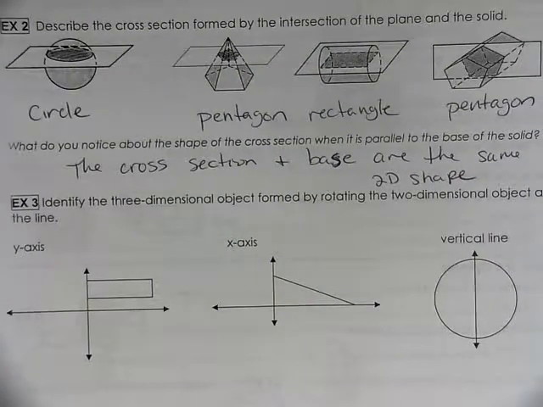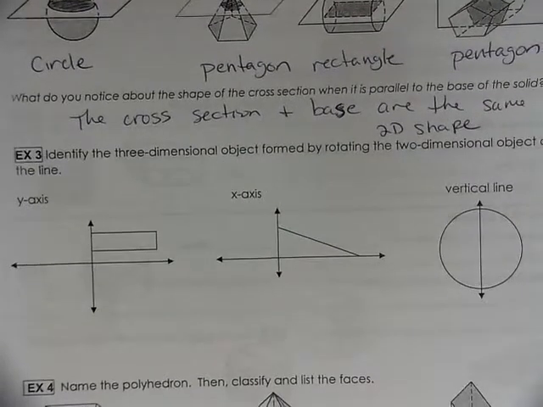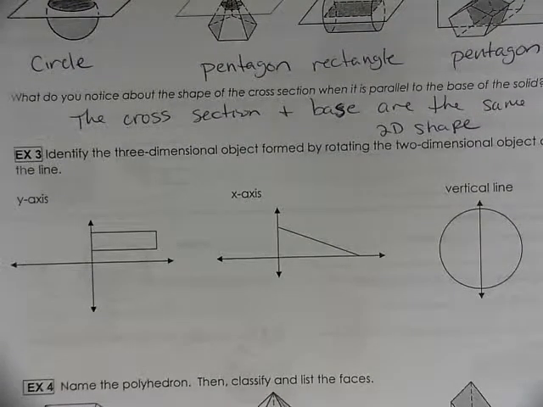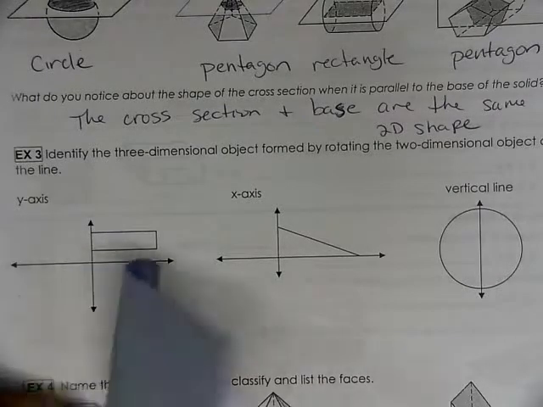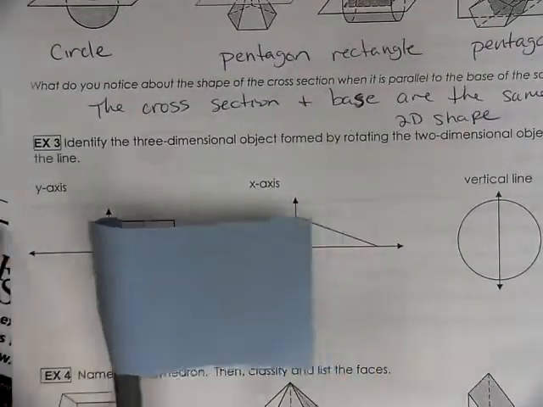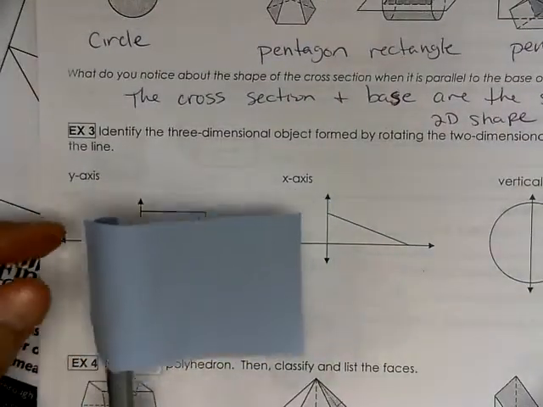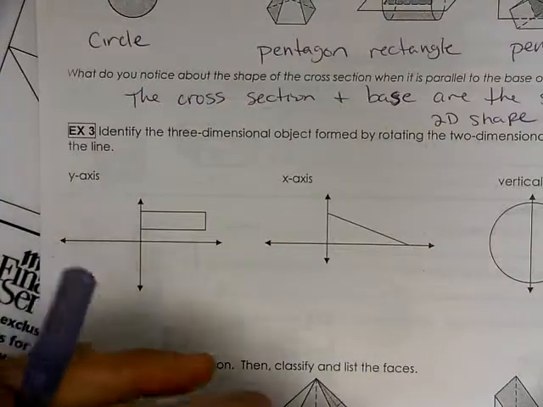Okay. Now, this one takes some visualization. We're going to take a 2D shape and spin it. Identify the three-dimensional object formed by rotating the two-dimensional object about the line. So if I took this, this is a rectangle on the y-axis, and I spin it around,